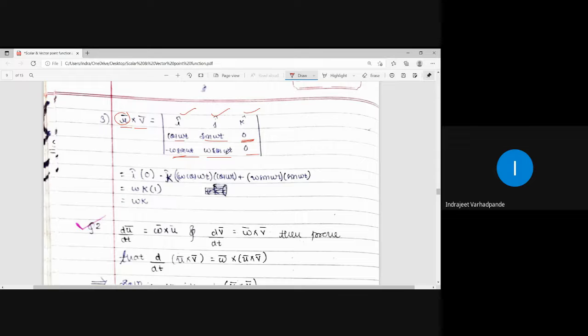Try to simplify this determinant, solve it, you get the answer as omega into k. That is, k is the unit vector, right? So I multiplied by this will be 0, minus j multiplied by also it will be 0, and we are left with omega into cos square omega t plus omega into sin square omega t. Sin square omega t plus cos square omega t is 1, and therefore I am left with k multiplied by omega, and that is how we get the